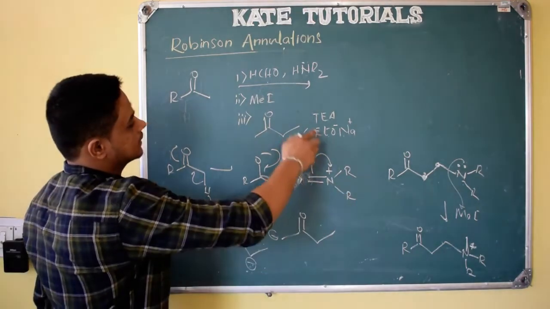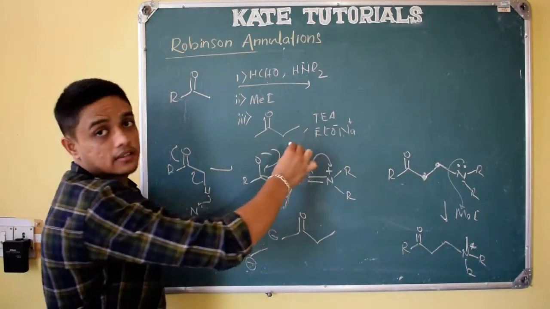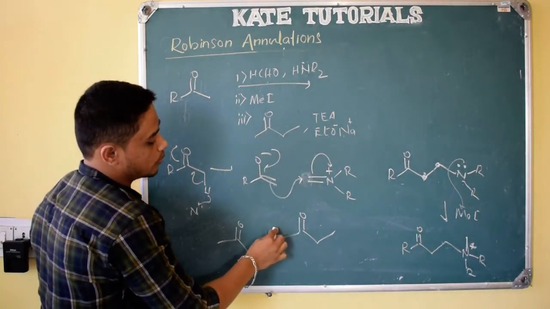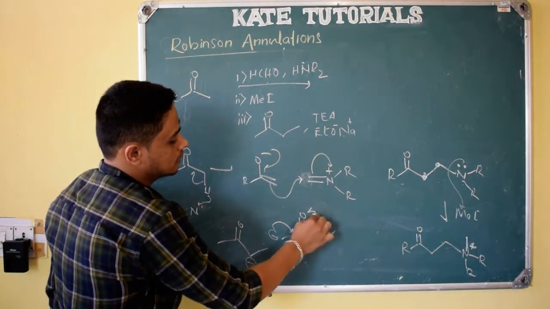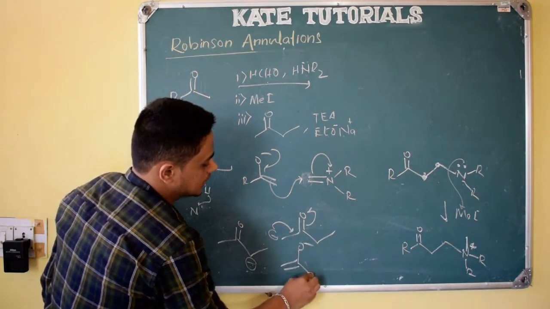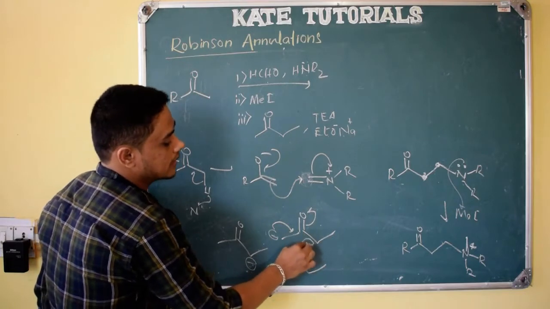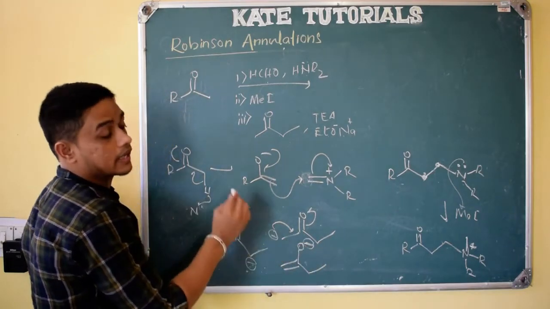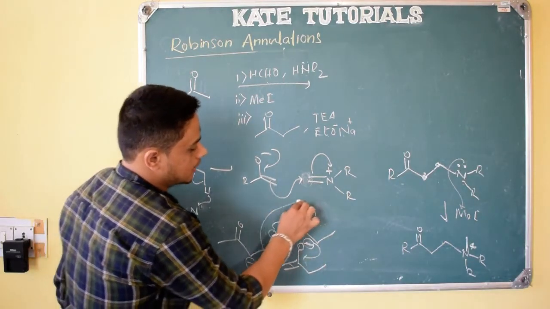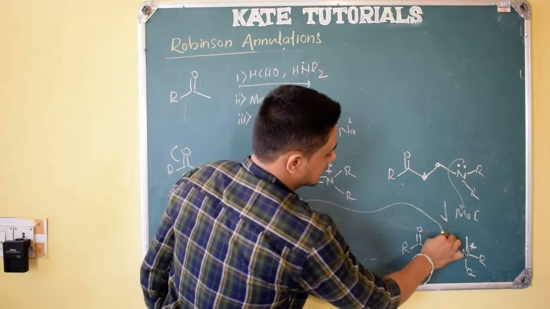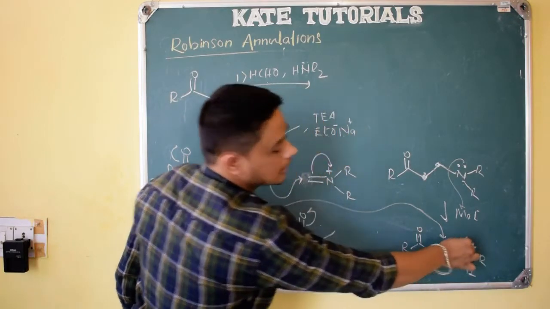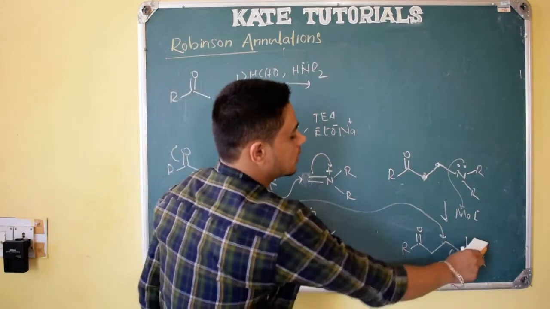So since they have not mentioned any temperature, then we will go with the kinetic product, this product. So the kinetic product will be like this. We should not show it like that. More times we should show it like this only, because an electronegative atom can hold negative charge easily compared to carbon holding negative charge. So what happens, this will come here and this carbon will attack this carbon, and this nitrogen takes this electron density, because nitrogen can't have positive charge, it takes this electron density.